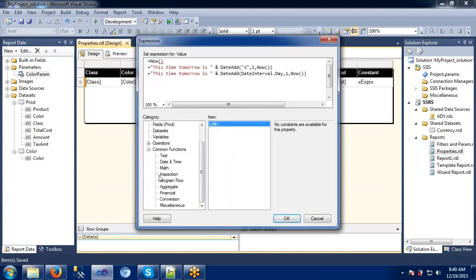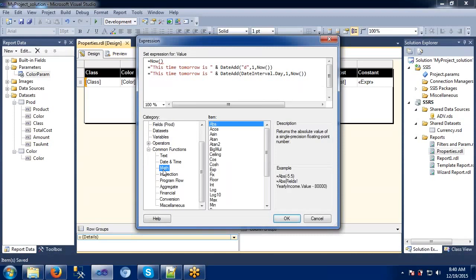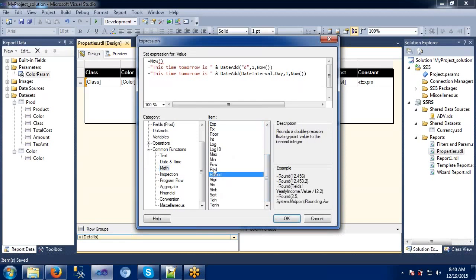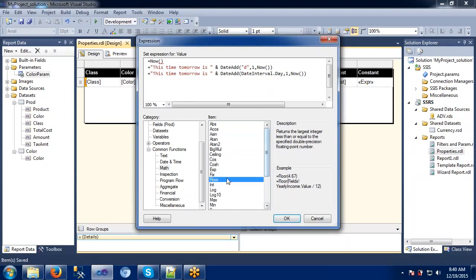The next one is mathematical expressions. These are used only when we are playing with integer values. What is the maximum value, what is the minimum value, sine theta, cos theta, all these are mathematical functions. Floor we have used, I guess, right? Floor and ceiling mean rounding to the nearest value.